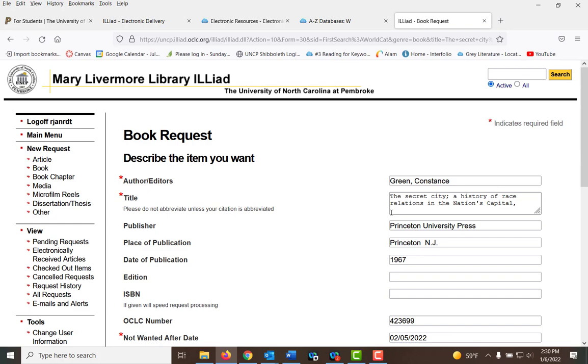You would have to send it back on your own, mail it back, and incur that cost. One other thing about searching for books is that if you have a UNCP ID, you can go to any school in the UNC system and check books out. You can go to Chapel Hill, NC State, UNCG, Raleigh, Charlotte, as long as you have your UNCP ID. Now you'll be responsible for getting the book back to them and abiding by their lending rules.